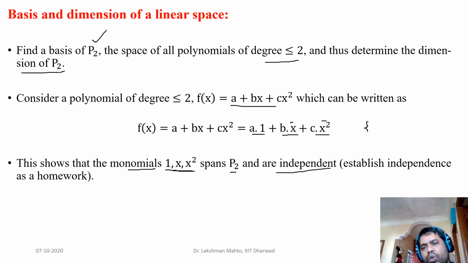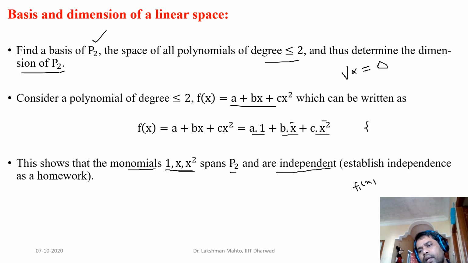Regarding vectors, if you are having three vectors, you can easily establish linear independence of three or four vectors by solving the corresponding linear relation, where the relation was V times alpha equal to 0. V happens to be a matrix whose columns are coming from the given vectors. But here, in place of vectors, we are having functions, and how can we establish linear independence between these functions? If you are having only two functions, suppose f1 and f2, then how can you claim that these two functions would be linearly independent?